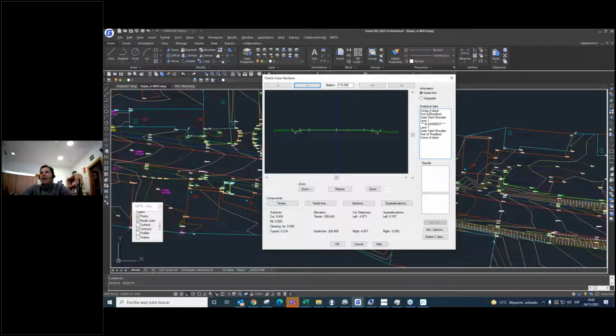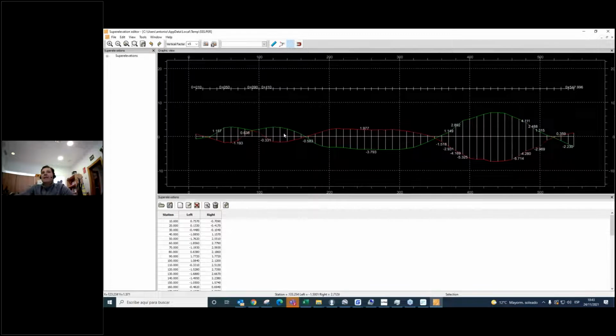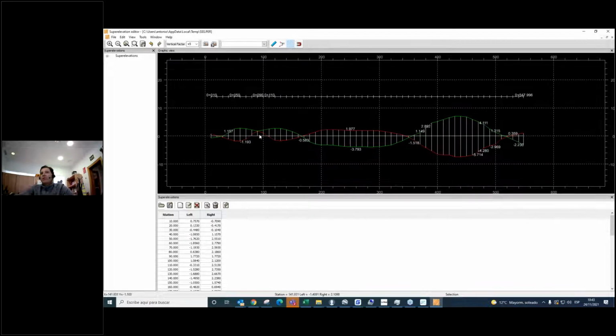element. For example, we can evaluate the hill slope of the final earthwork, or maybe the different data of each line, or maybe the shoulder, evaluate everything. No, we can, for example, check the super elevation, and we have this control of the super elevation,